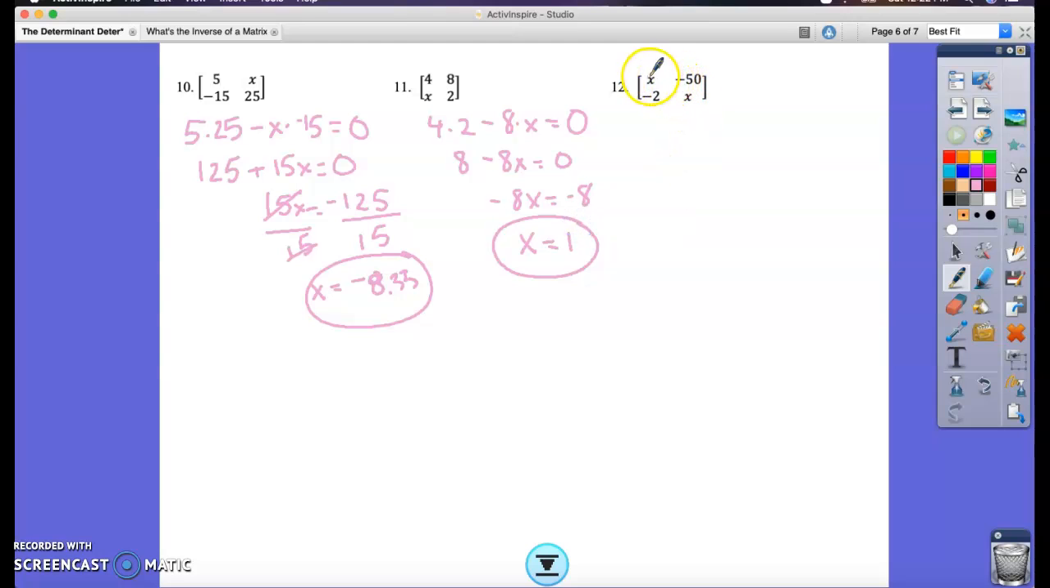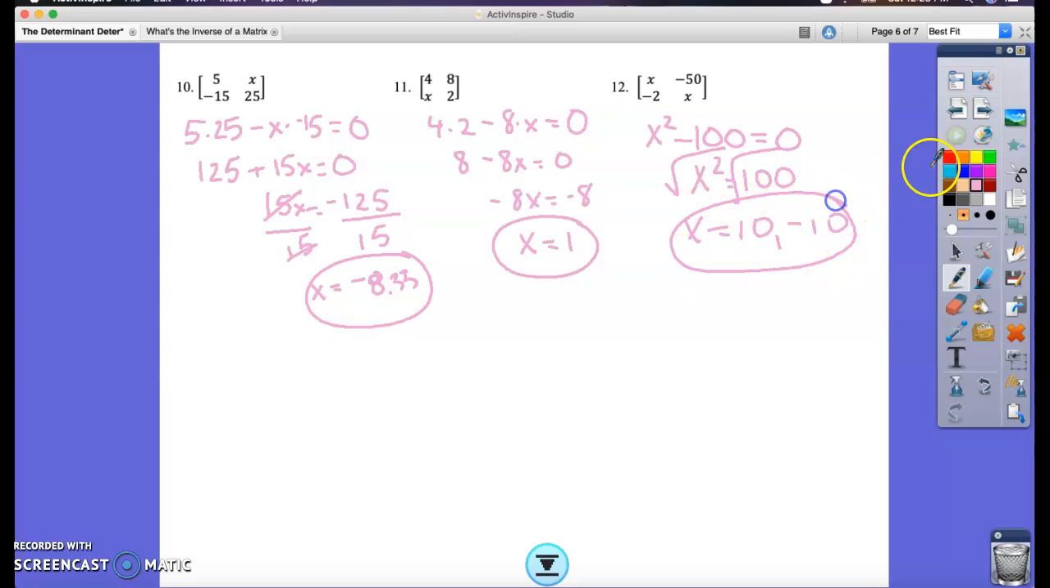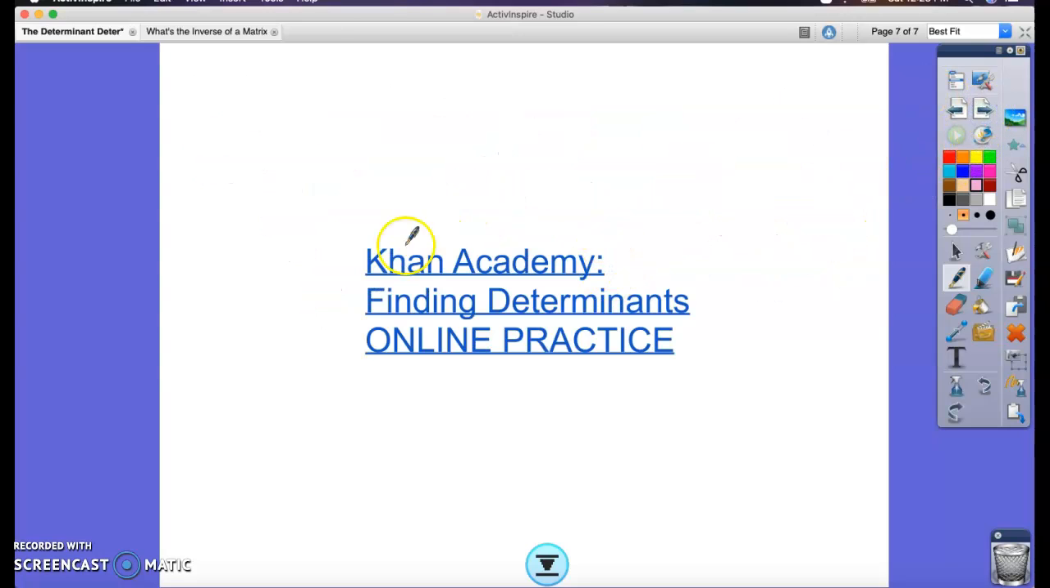Ooh, I love this one. X times x is x squared minus negative 2 and negative 50 multiplied will give me a positive 100, but I'm minusing because difference. X squared equals 100. Careful here. I know you're going to say 10, but it's also negative 10. Now, I know I'm going quickly. I'm sorry. Here are some extra